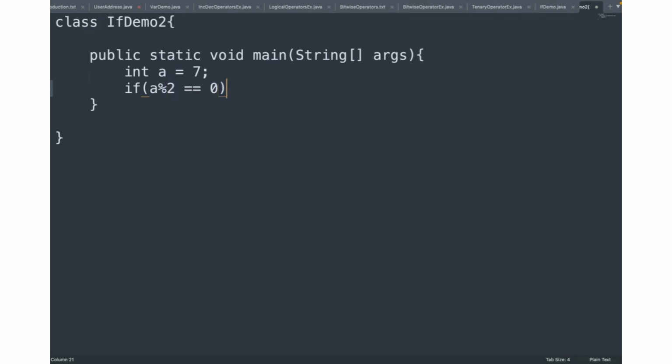So I can tell whether a number is even or odd: if it is divisible and the remainder is 0. When I divide it by 2, if the remainder is 0, then we can say that number is an even number. Okay. So now I'm just trying to print that number. So what is it? I'm just saying A